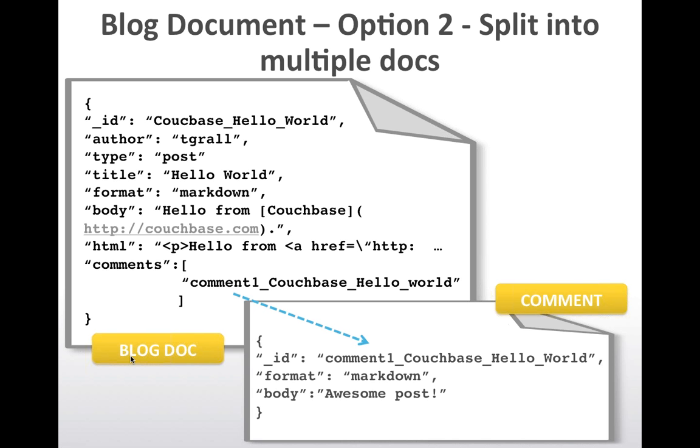In this case, what I use is the ID of the main document, the blog doc. It's called Couchbase_hello_world, and I choose to call all the comments with a number, underscore, Couchbase_hello_world. Like that, I can quickly search for specific comments, either by putting the list of the comments inside the main document, or just by using the key pattern comment with a number, and asking it to give me the 10 first documents, for example. In this case, we have more flexibility because every time a user wants to add a comment, it has no impact on the main document.